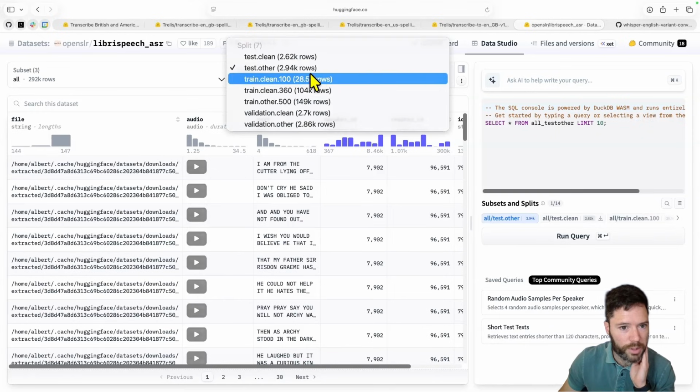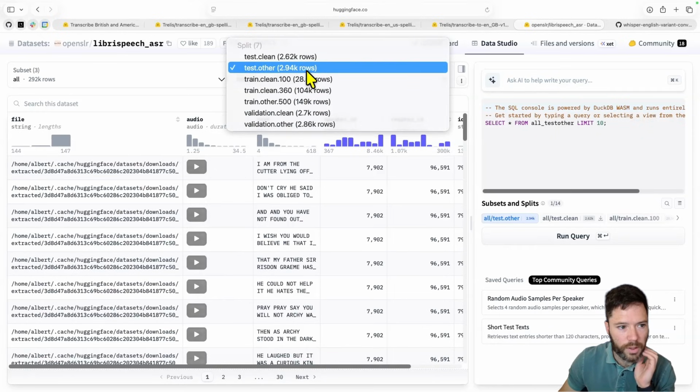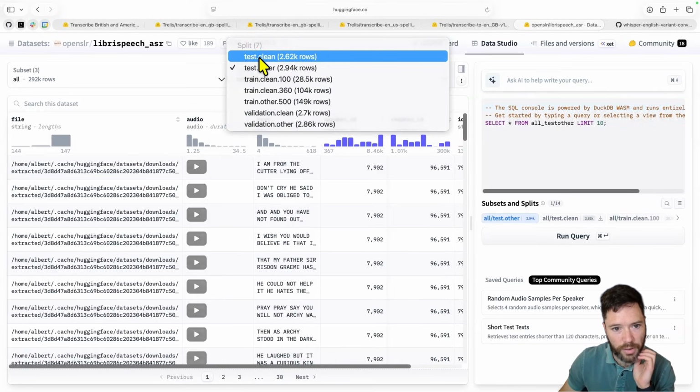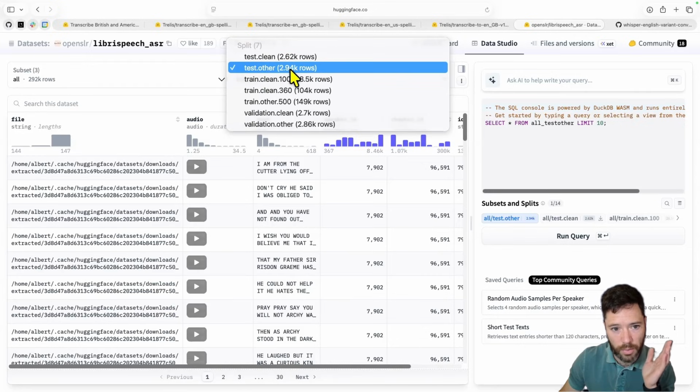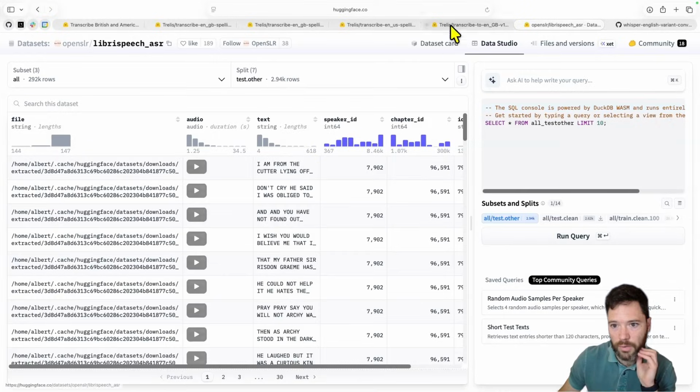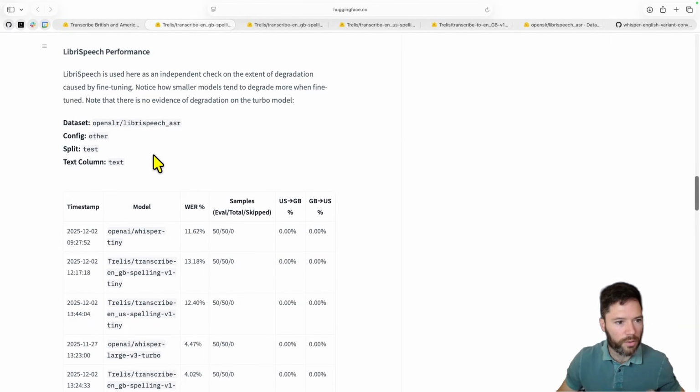Now, in LibriSpeech, you have some audio samples that are either clean, or you can also get some under the test other split, which is determined by the word error rate of transcription models. Test other is a higher word error rate, meaning it's a noisier data set. And this is the one I use to check that I haven't damaged the model too much during fine-tuning. So yeah, I take 50 rows of that, and I use that to evaluate the effects on word error